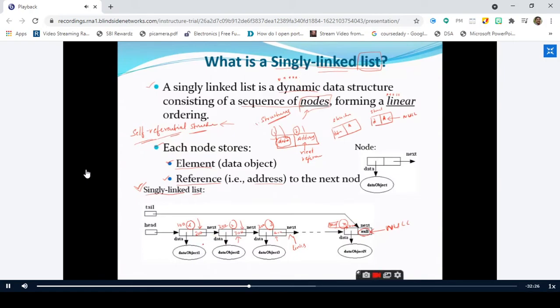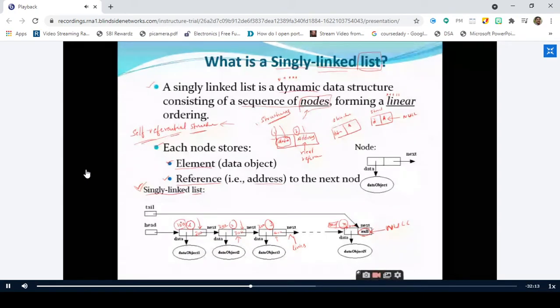Yes, sir. Now I have stored the address of 200 inside the address part of node 1. What is the base address of node 1? 100, sir. Now where do I have to store this 100? That is the purpose of this head node.